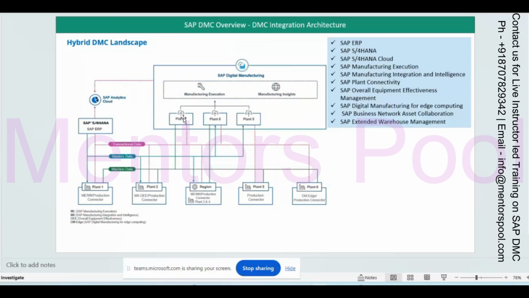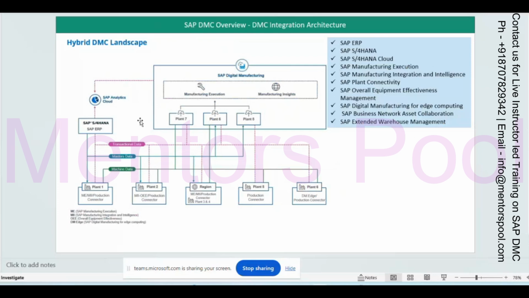Does an easy way exist to migrate from MII to DMC? For example, if one company wants to migrate MII to DMC, do they need to rebuild everything? See, till now there is no tool provided by SAP to migrate ME and MI to DMC.